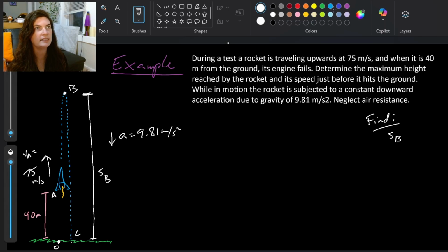And its speed just before it hits the ground. So we want to know, as it's coming down on this return here, what is the velocity at point C? What is that velocity right as it's hitting the ground? So now we know what we're looking for. We can see some of the things that we're given, and we can recognize a few other things that aren't